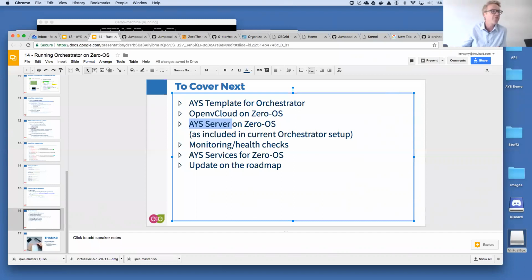And then, related to that, you will create all kinds of other AYS services related to using ZeroS. More specifically, you will do some monitoring, health checks, automatic updates and all. And then we are almost ready for beta 1. What I need to do next week is give you a view on what that means, where we are, what the roadmap is on beta 1. That's basically the point where I'll also be covering new things in storage and new things about the health checks. That's what I plan to do next session.